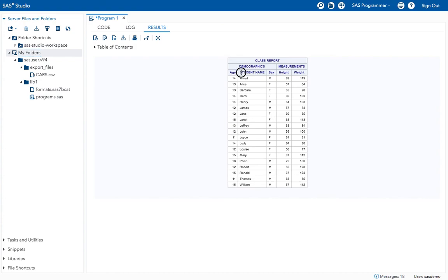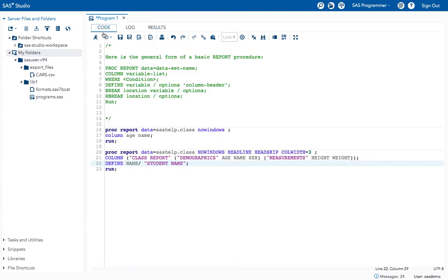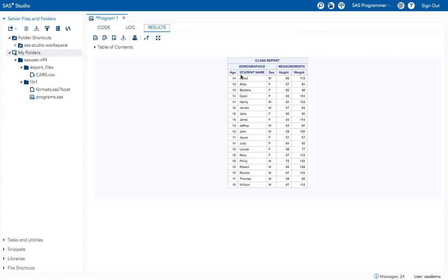See, now my name got changed to student name. Okay. See, for this student name, I want to increase the space or the width. How can I do that? By using the width option, I can change the width of this student name only. Earlier, by using the column width and spacing option, I changed the column width, right?